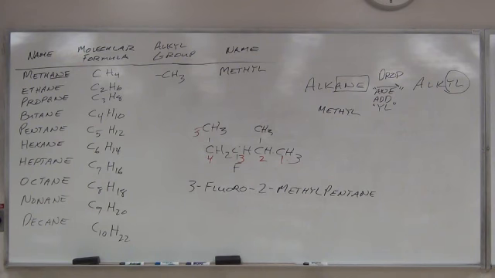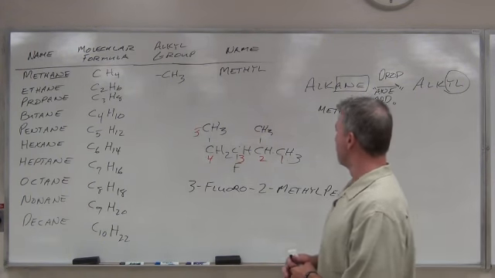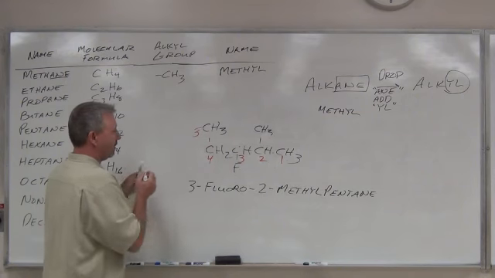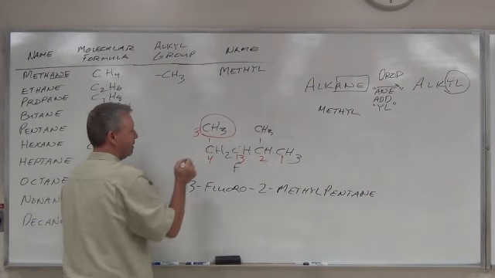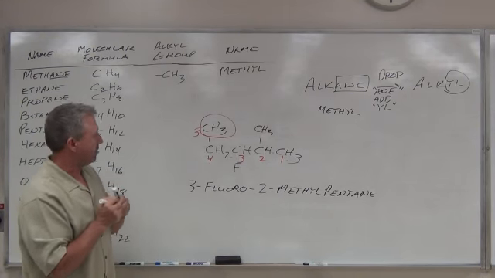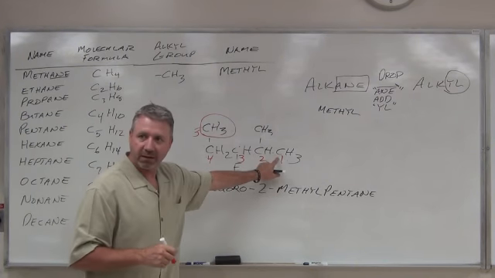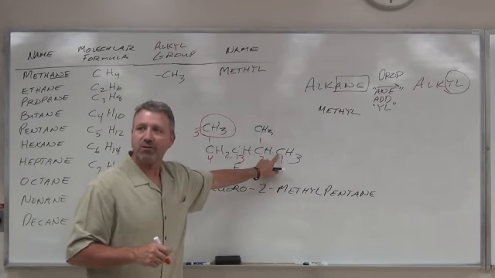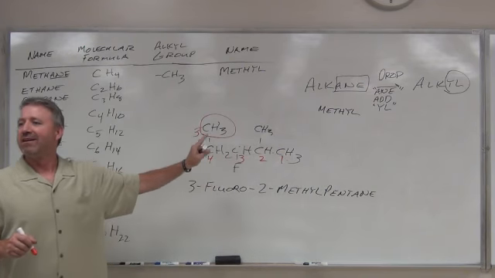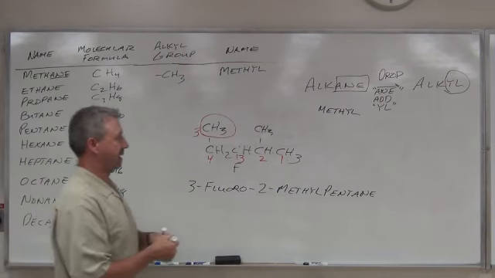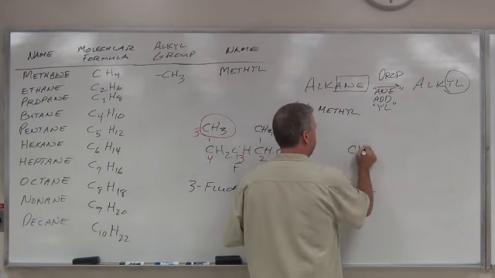You don't count the other methyl because it's not on the chain, is that why? This methyl right here, the one to the right? That isn't really a methyl. There's only 1 methyl. The other ones are CH3 in the main chain. Okay. Like, if I had something like this,